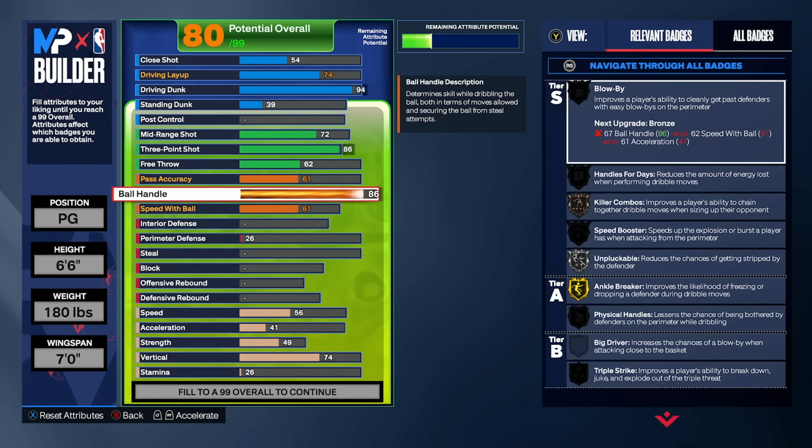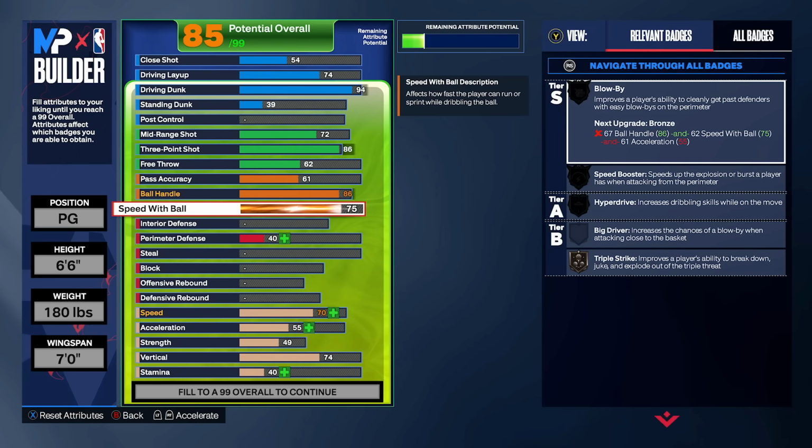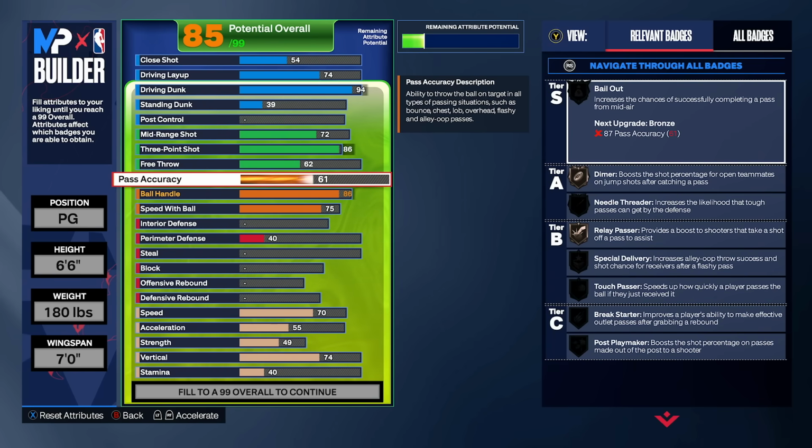It's getting a little repetitive, so instead I'm trading out those extra ball handling attributes that don't unlock any animations for me that I use. They only unlock Hall of Fame ankle breaker, and I'm replacing it with stats in other areas. After that, we're going 75 speed with ball. That is the minimum amount of speed with ball you want on a 6'6" build to be extremely quick while you're dribbling. And then the most controversial part of every single build I make, we are going to go a